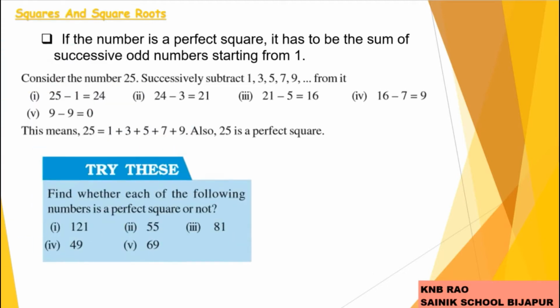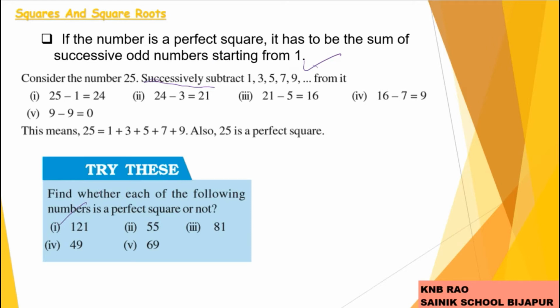I explained that and gave you some homework based on it. Try this, I gave homework. I hope you have done it. Here, in general, amongst these given 5 numbers, which is a perfect square or not is to be identified. How to identify that? We can identify it through successive subtraction of odd natural numbers. Successive subtraction of odd natural numbers helps us.